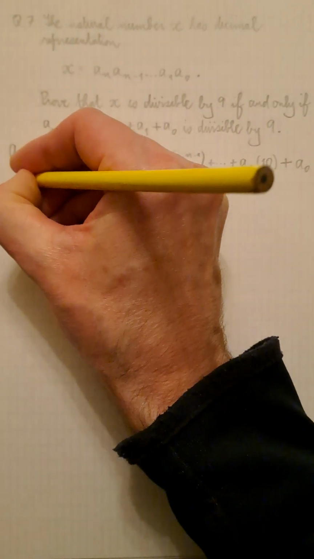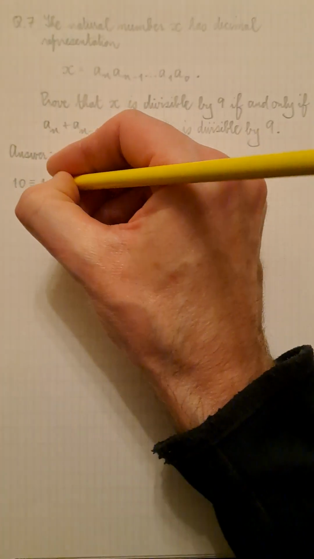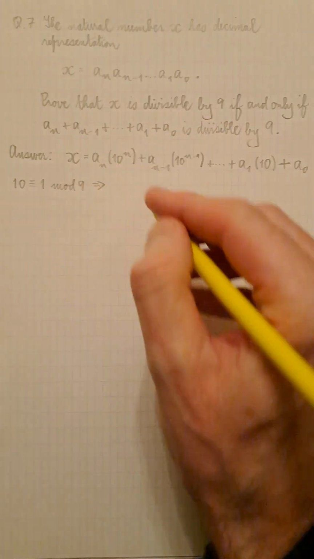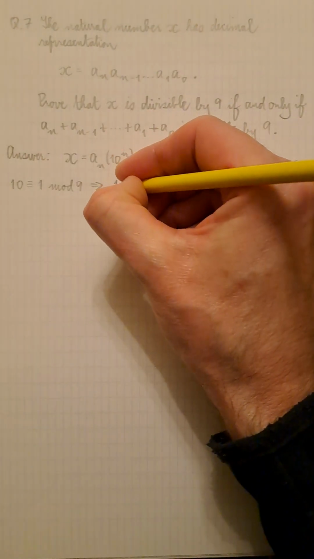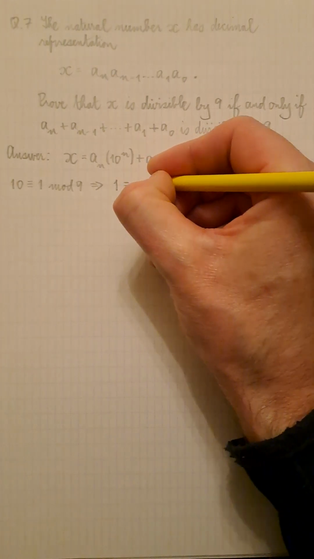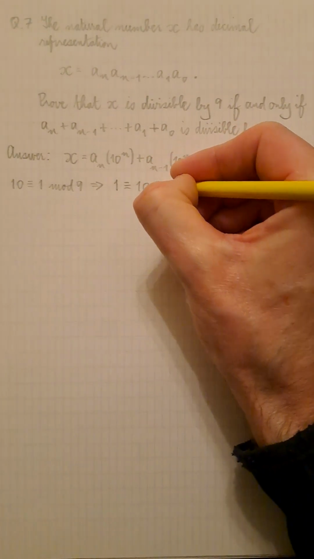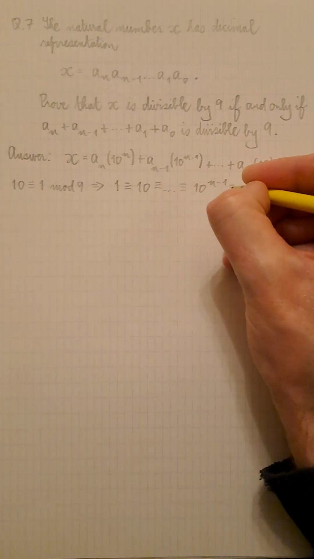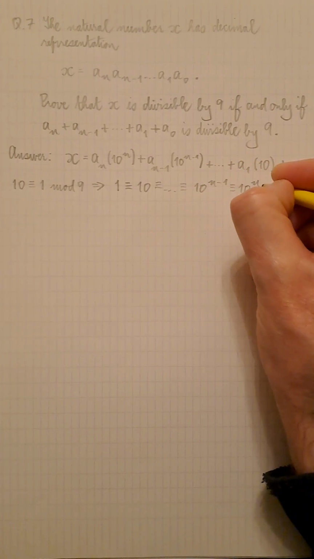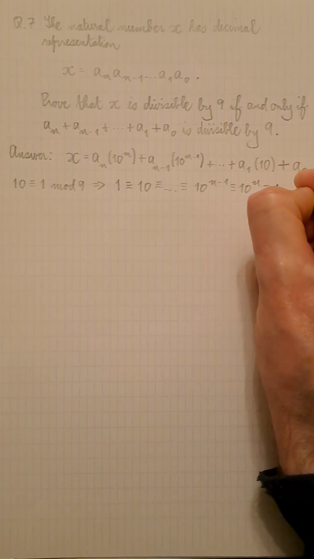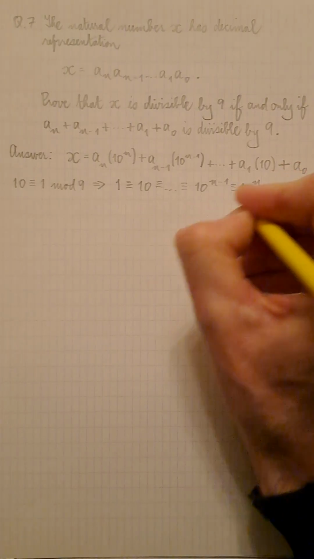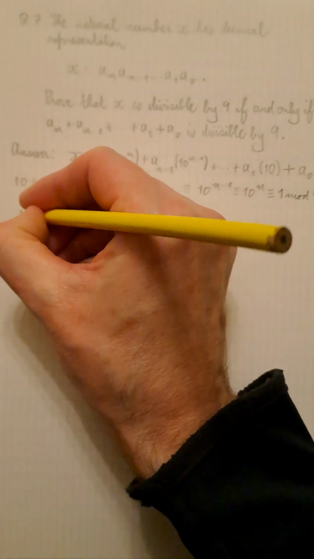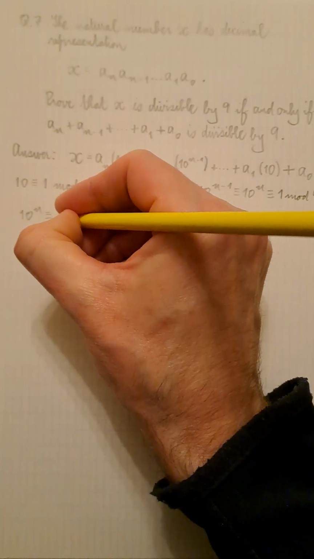Now, 10 is congruent to 1 mod 9, and that implies that all of the powers of 10, so that's 1, which is 10 to the power of 0, and 10, and so on, as far as 10 to the power of n minus 1, and 10 to the power of n, all of them are congruent to 1 mod 9. So if we start with 10 to the power of n is congruent to 1 mod 9,